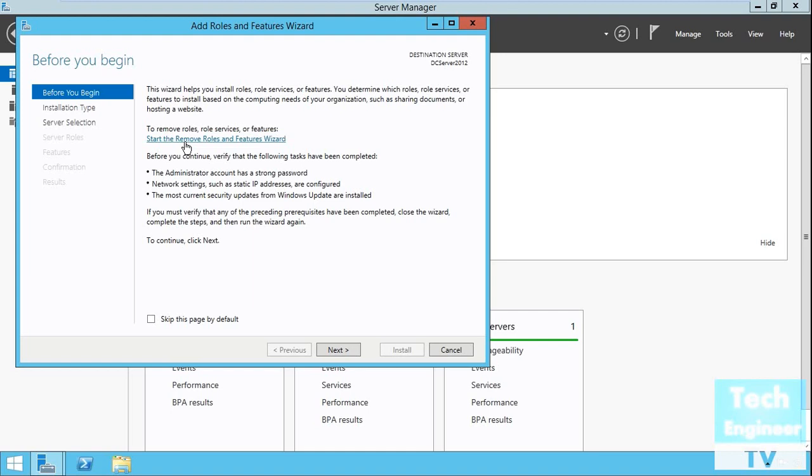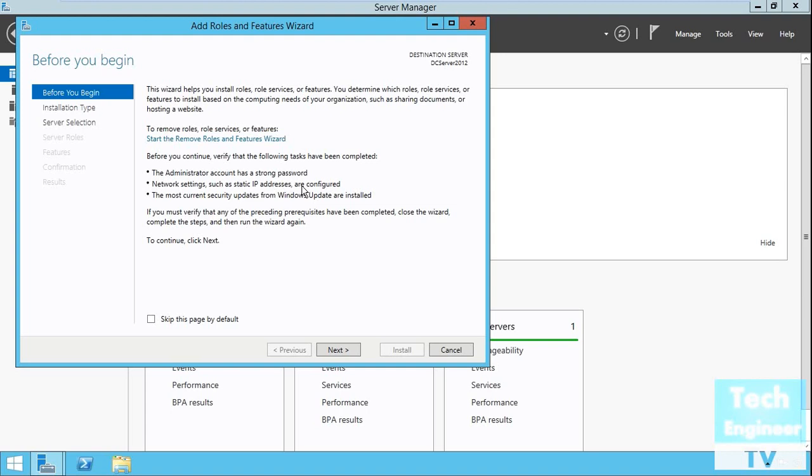So when you click on it, once you go ahead with the installation or removal of roles or features, you can see the definitions there about what an administrator can